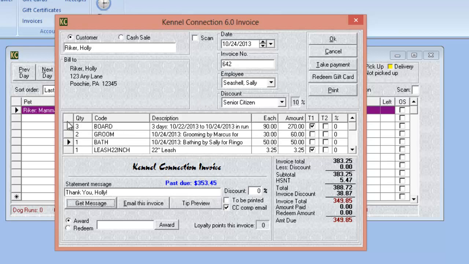Please keep in mind, however, that any items that are related to the booking, for example, in this case, the board, groom, and bath that were drawn from the booking when we created the invoice, these items have to be in the invoice so Kennel Connection can recognize them as being invoiced from the booking. So if you change the quantity of 1 to 0 because you don't want to charge the customer,